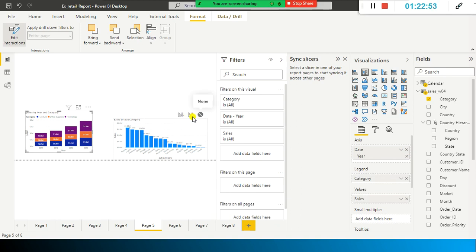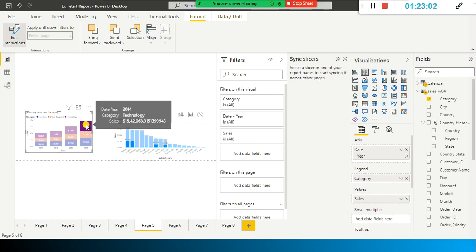One second, let me do one thing. I'll just select highlight here. When I selected highlight and went back here and selected the specific item, the cross highlighting is happening. This is what I discussed a while back.